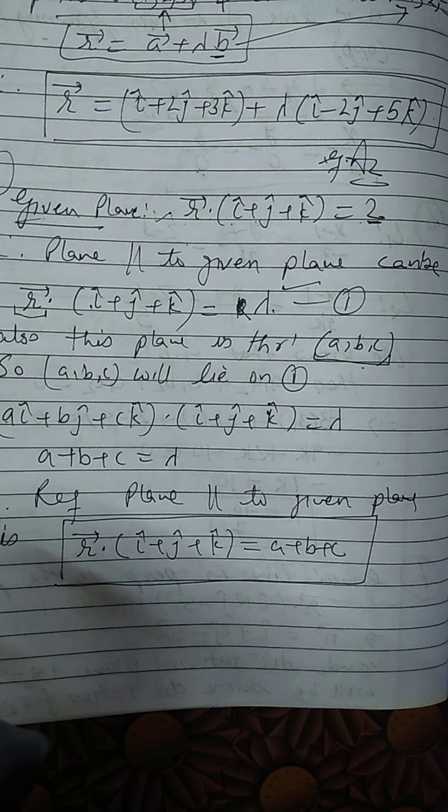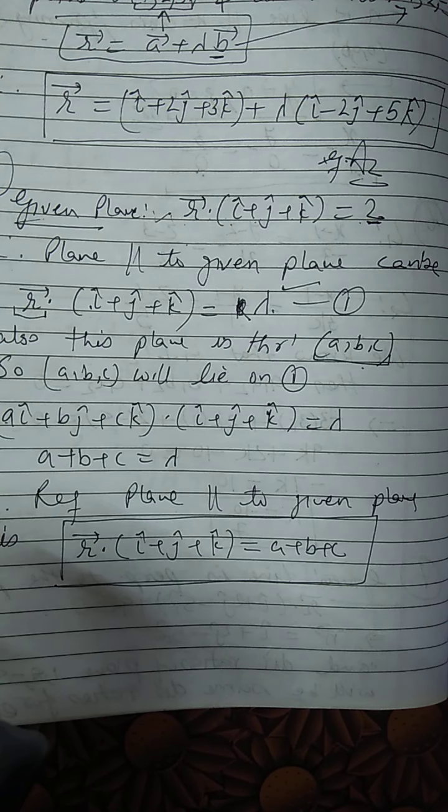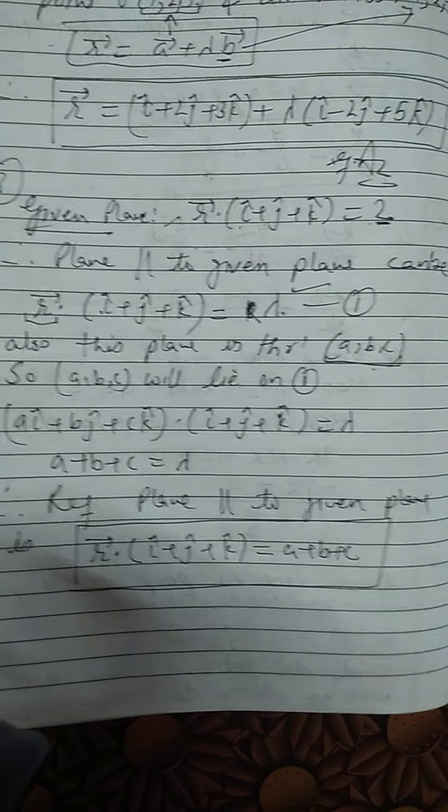Sum number 9 is shortest distance between lines. I am leaving this sum for you. Now we will discuss sum number 10. Sum number 10 and sum number 11 are similar sums, even sum number 12 is the same kind. So we will do one sum from these three so that you can do the next ones. Okay.